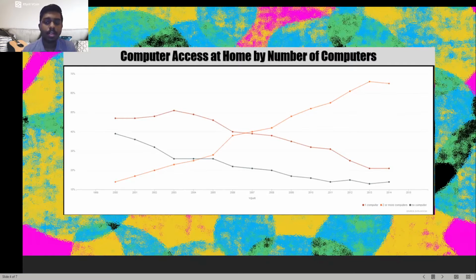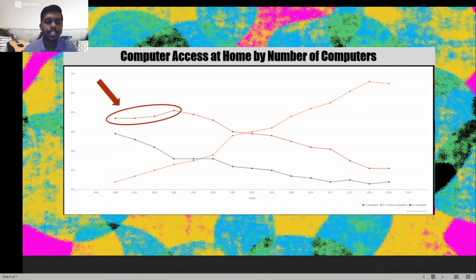So in this slide, we're going to see the maroon line graph over here, which represents one computer, people who use only one computer in their households. So from the year 2000 to 2003, as you can see from this arrow here, the computer access at home by number of computers, which is one computer, has been increasing very slightly from around 48% to 51%. So the difference is about 3%, so it's a very slight